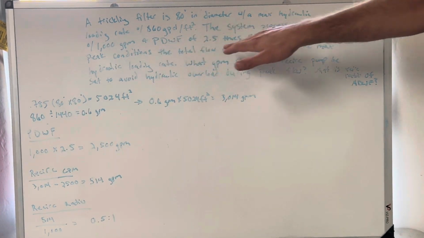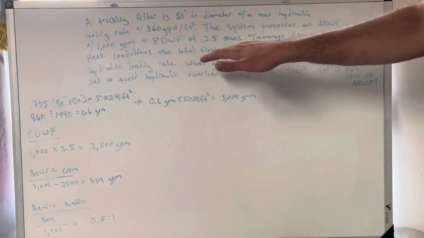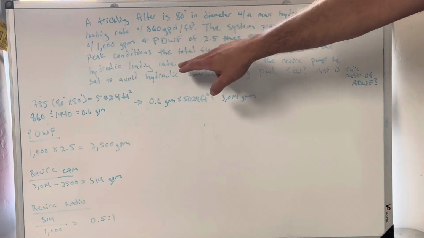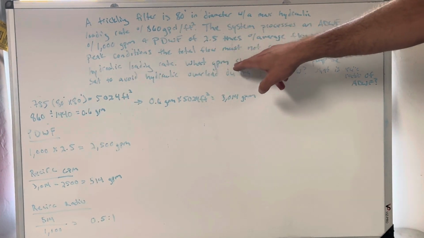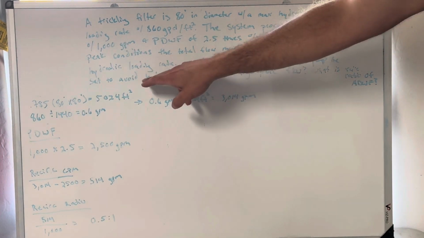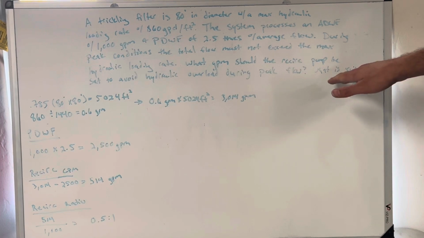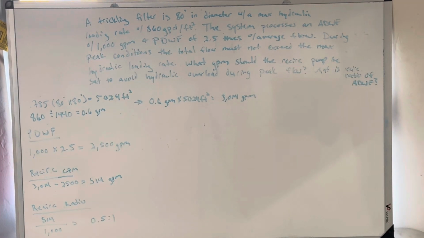During peak conditions, the total flow must not exceed the max hydraulic loading rate of the trickling filter, which is 860 gallons per day per square foot. What GPM should the recirc pump be set at to avoid hydraulic overload during peak flow? And follow up, what is the recirculation ratio of the ADWF? All right, so